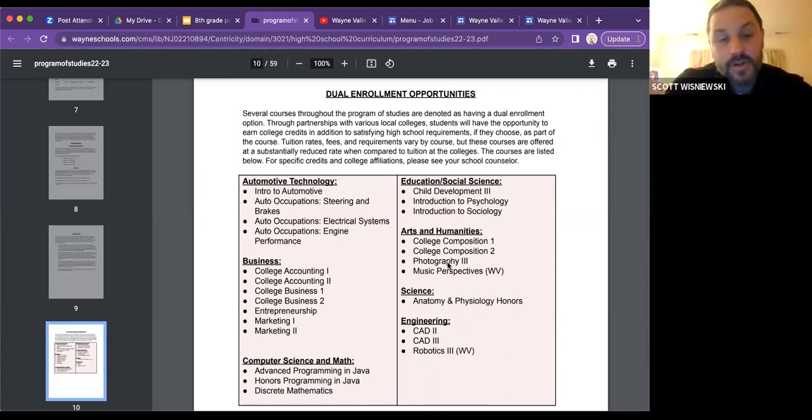And then by senior year, technically you're only required math and English and phys ed. Now, like I said, about 95% of our kids will take a 4th year of math. And for that 4th year of math, there's a ton of different options, like Miss Laviola said. Taking the 4th year of math is so important, because math is going to be required in college. There's going to be a placement exam in college, regardless of where they go. Even in trade schools, keeping up their math skills is so important,